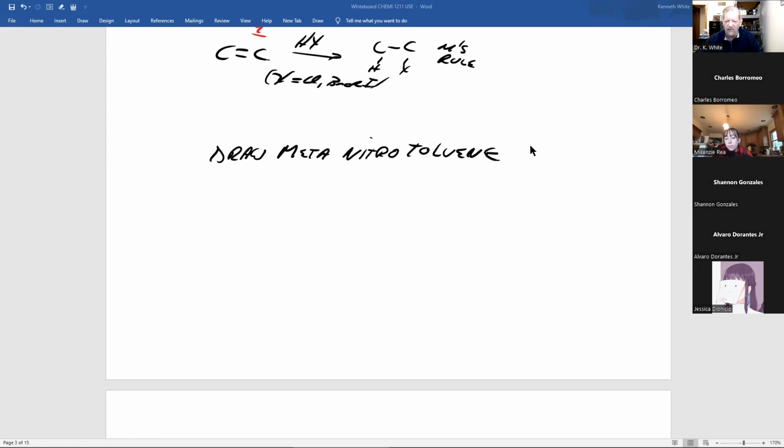How do you draw the structure? Start from the right, move left. Toluene: a methyl group on a benzene ring. Don't forget the bonds for that ring, or I mark it all wrong. And there's a nitro group, which is NO2. Meta is 1,3, ortho is 1,2 disubstituted, meta 1,3, para 1,4. 1, 2, 3, and a nitro group is that.